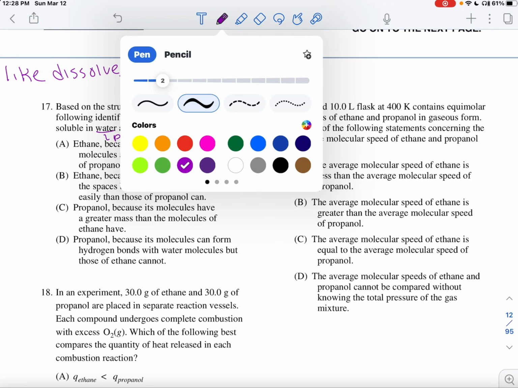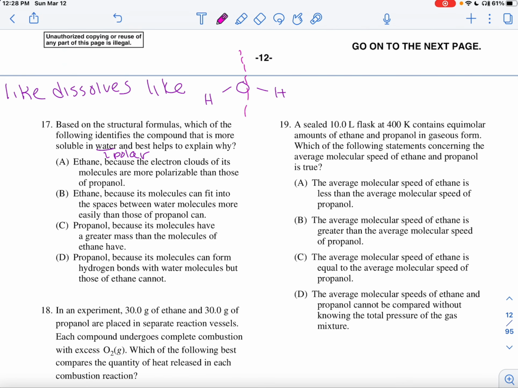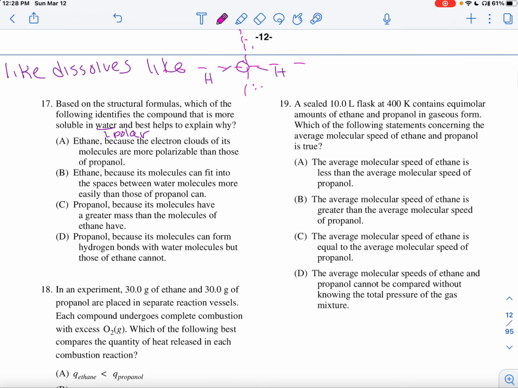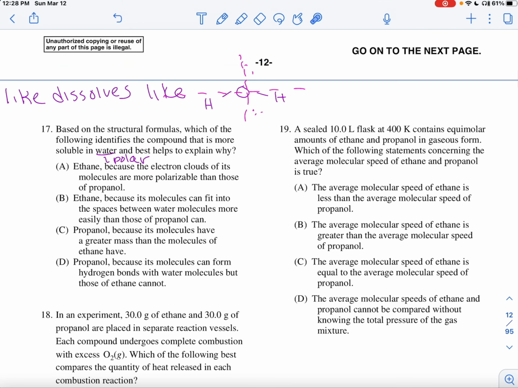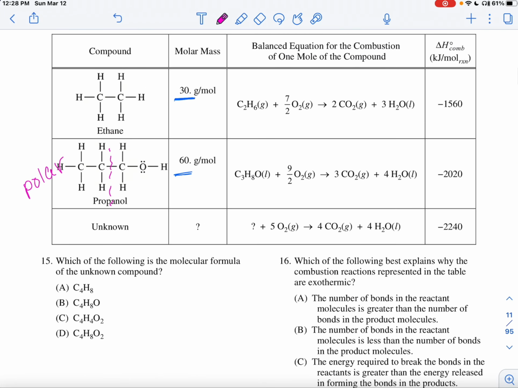So if we take a look, what I usually tell my honors students to do is you make an imaginary line down the middle like this. You can see both sides are the same. But if you make an imaginary line here, the top and bottom are not the same. If you want it to be non-polar, top needs to be the same as bottom, left needs to be the same as right. So that means that water is polar, and if you look at these two,